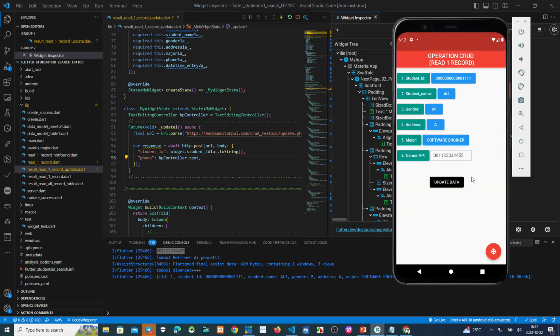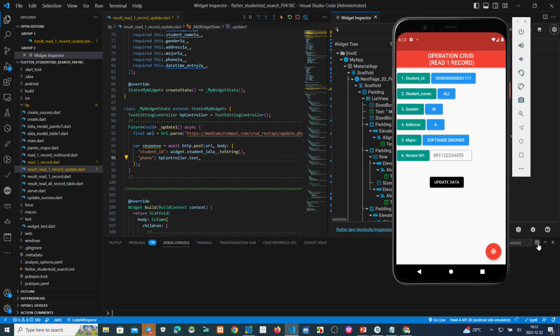Okay, this one. If we click here, see the debug console. If we click without typing in this box, it means we send the null data to the backend. Click here. You can see this one, null. So the data will change to blank or null.